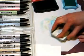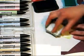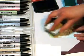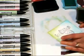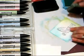You don't want to do this with freshly inked pads. If you do have to re-ink a pad, ink it and let it sit for a few hours before you try this so you don't end up with any streaks. It doesn't have to be perfect, but we just want a nice soft look. Alright, so now